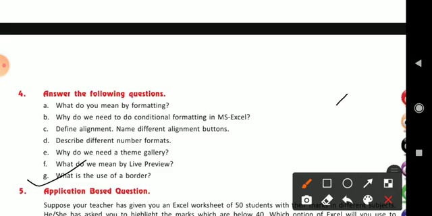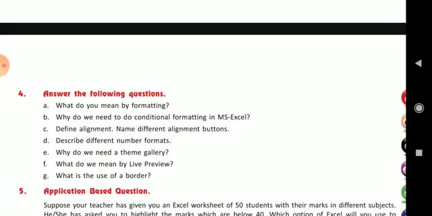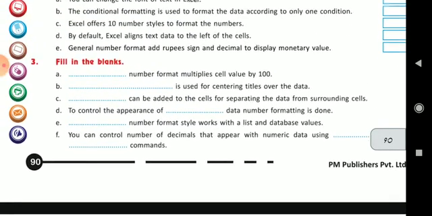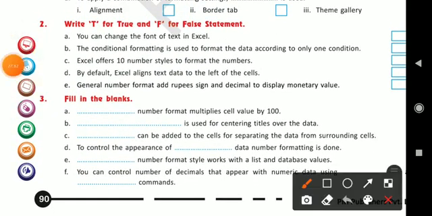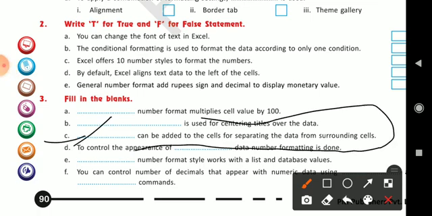Or easily, if you want, you can write from the fill in the blanks, C1: border can be added to the cells for separating the data from surrounding cells. Clear?